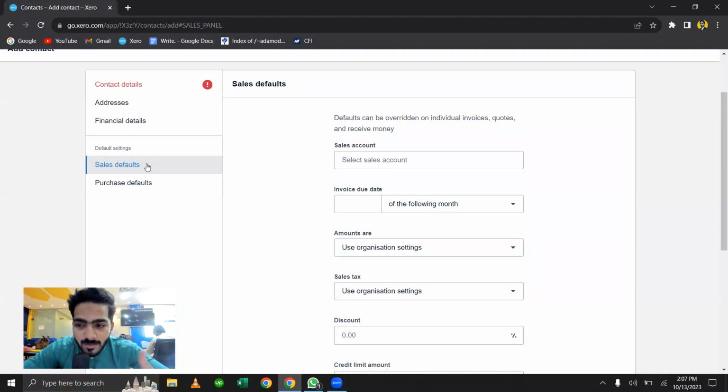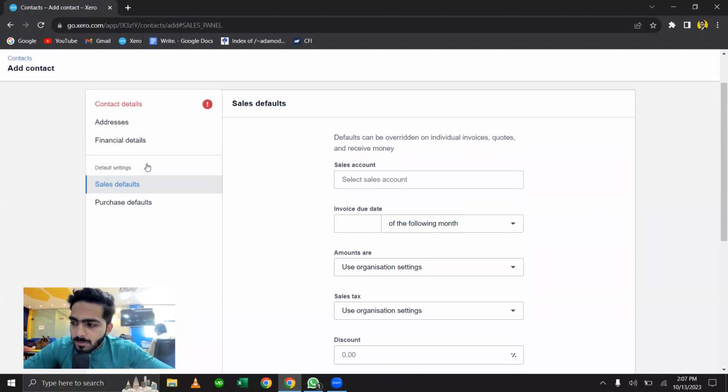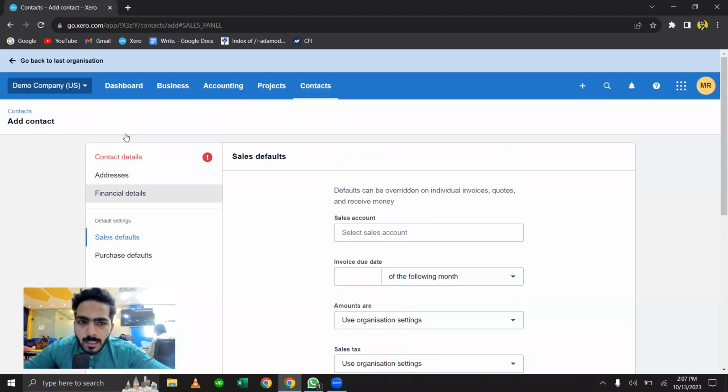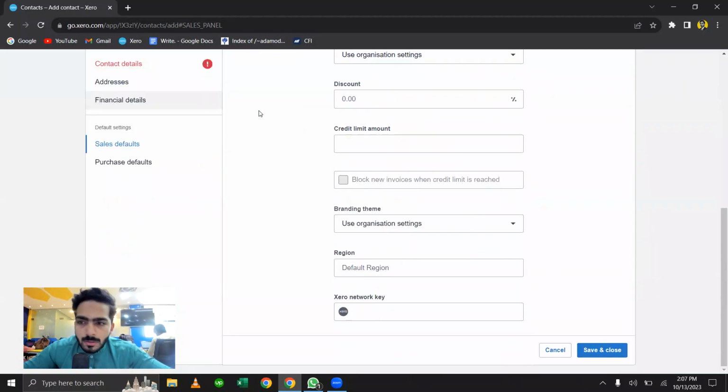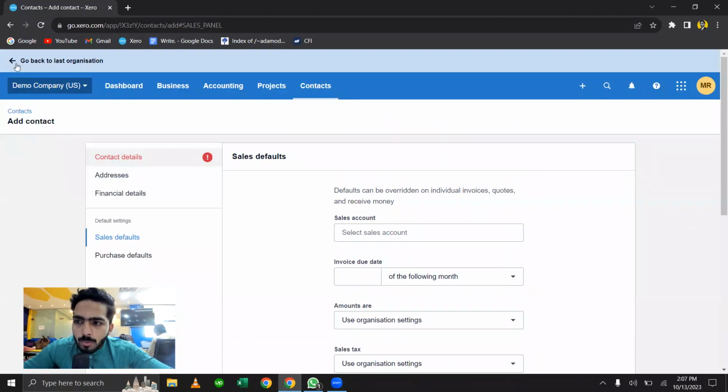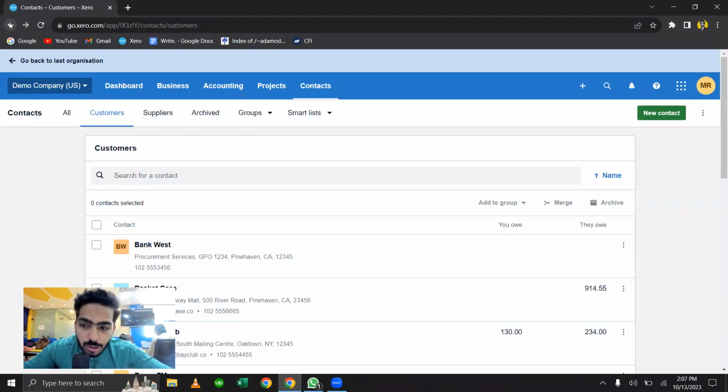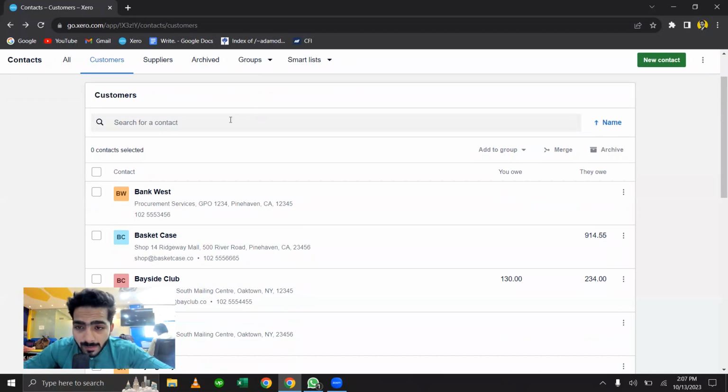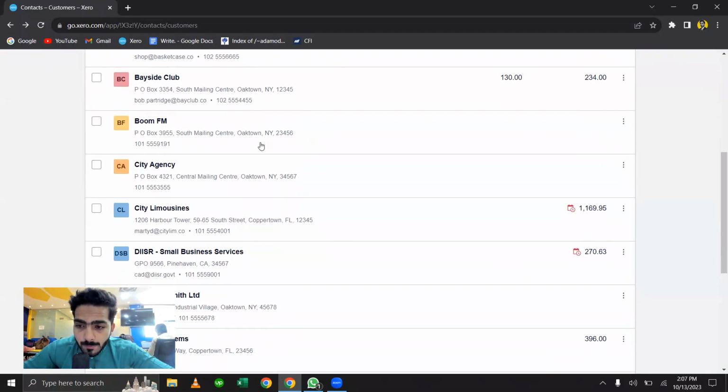If we set a sales default or purchase default, it will be much easier for us to add specific accounts related to that supplier or customers. So you can add different banking details, all the details saved right there. So that's how you can add new customers, or if you want to edit any customers, you can head over